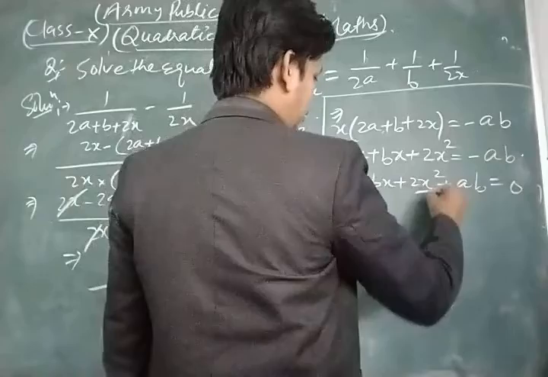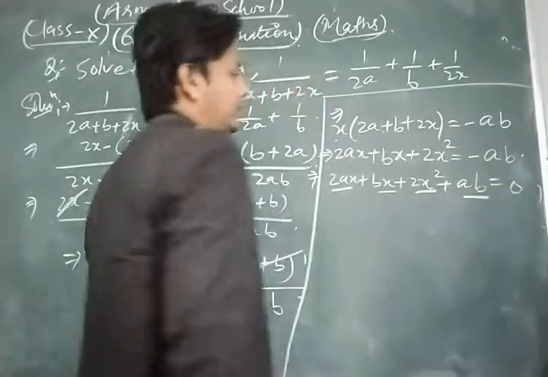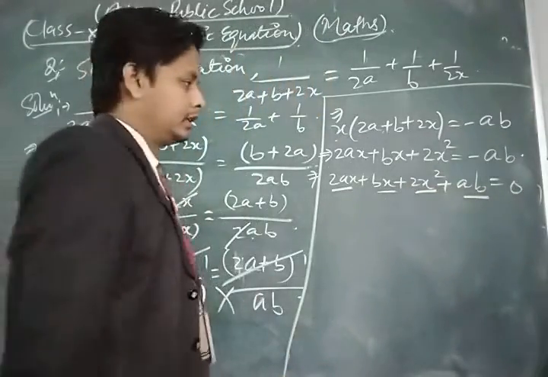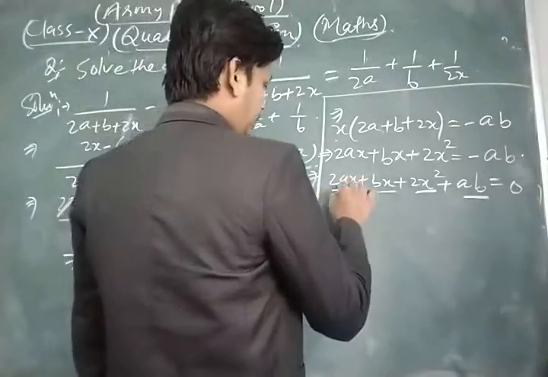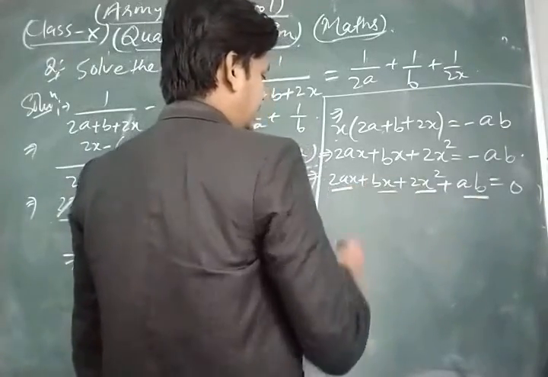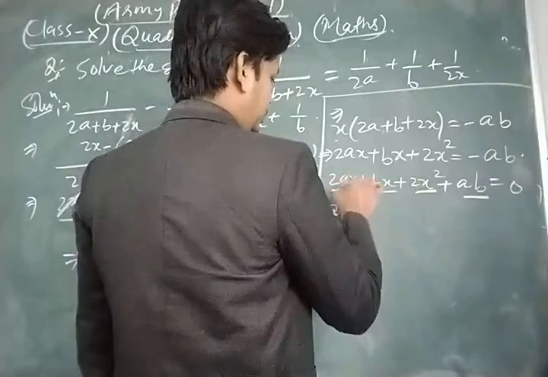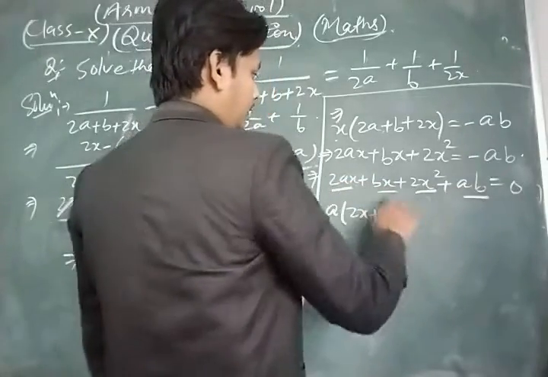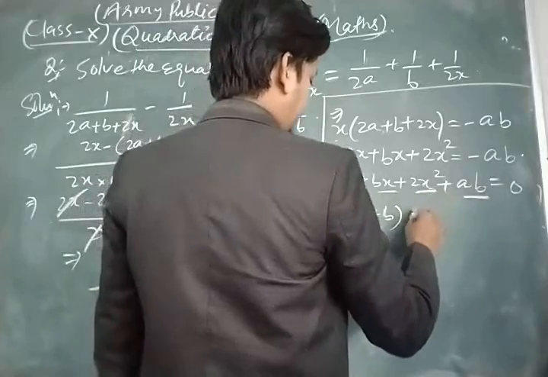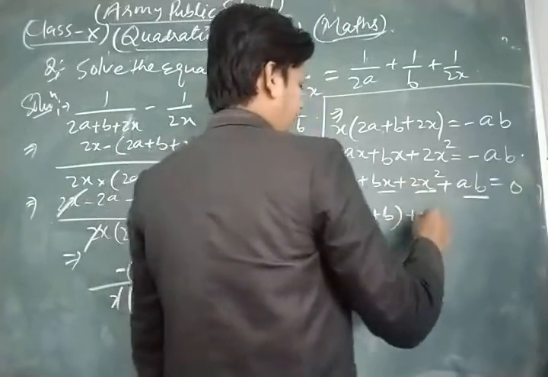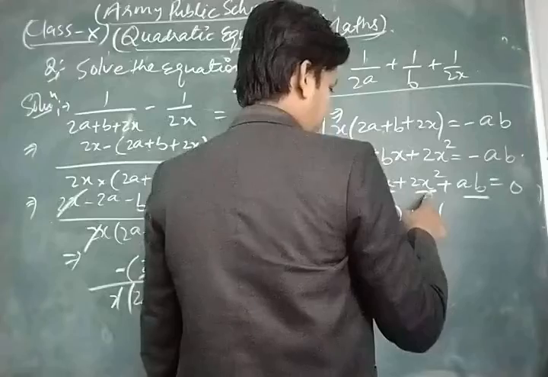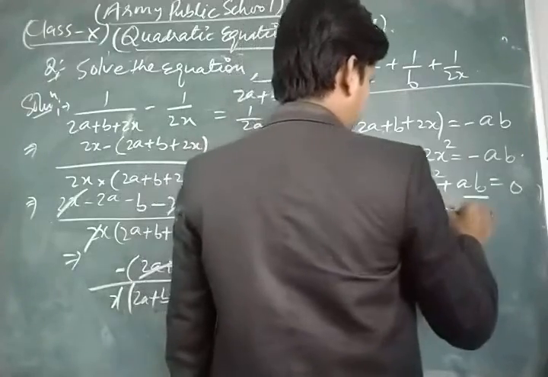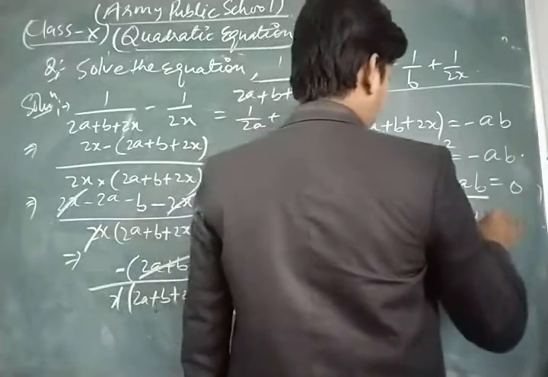Now we take these two terms and separate them. Now we separate the pair. We form the pair. Now from these two terms we take a common, so this is 2x plus b left. Now from these two, x is common, so that is 2x plus b